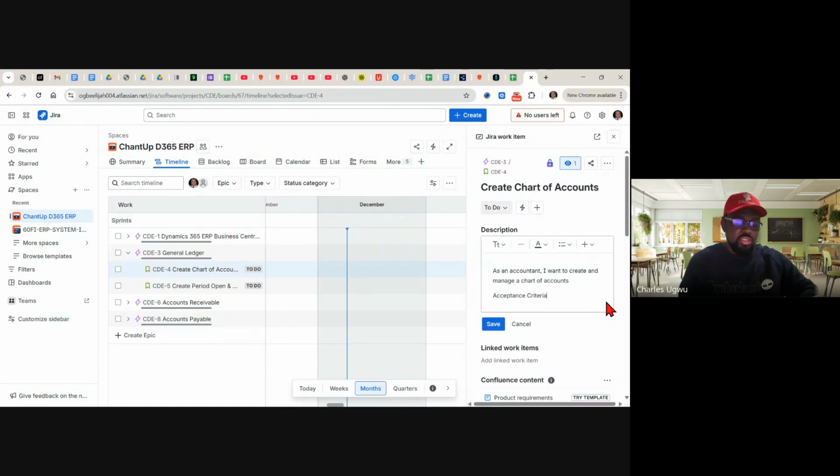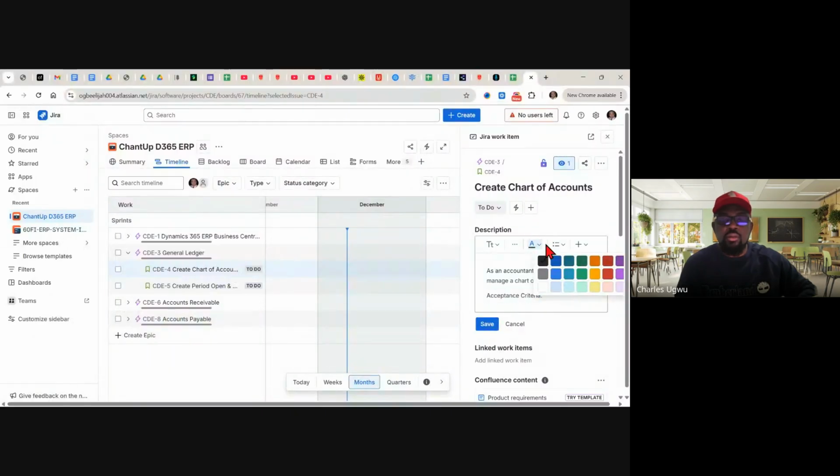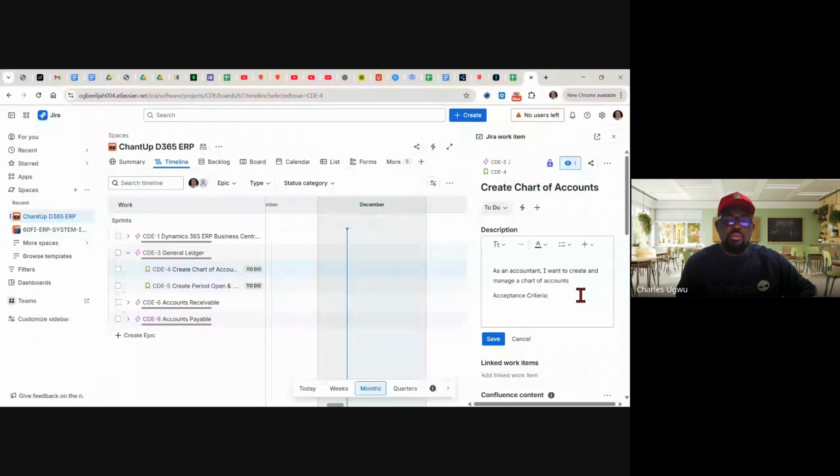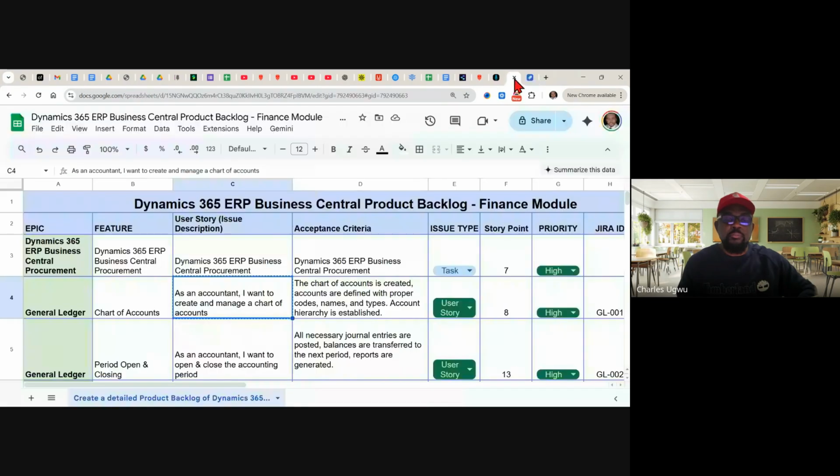You must create an acceptance criteria so that they know the benchmark. Yeah. Come here and move the acceptance criteria.